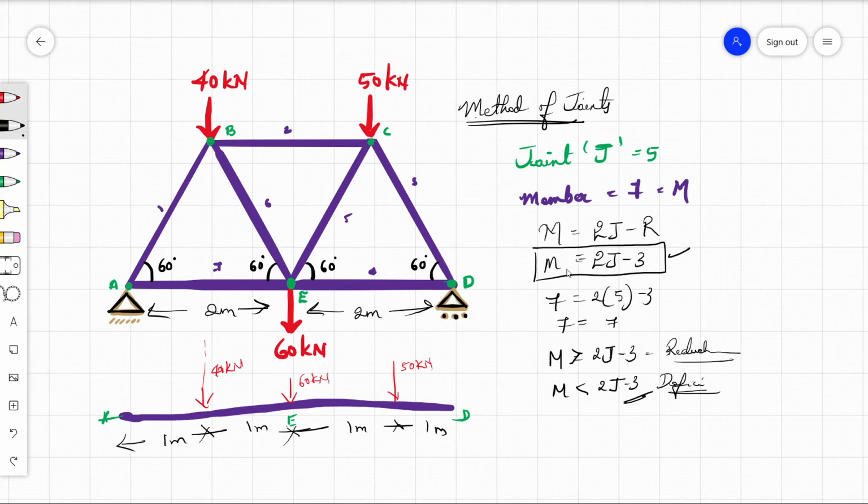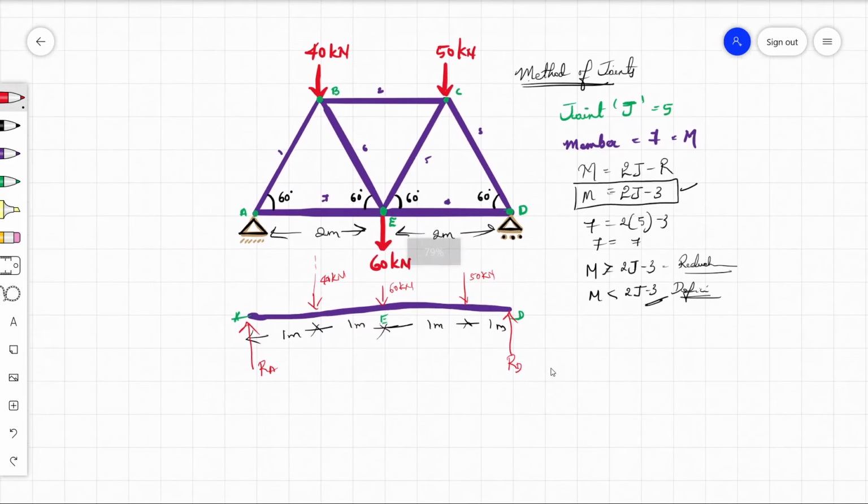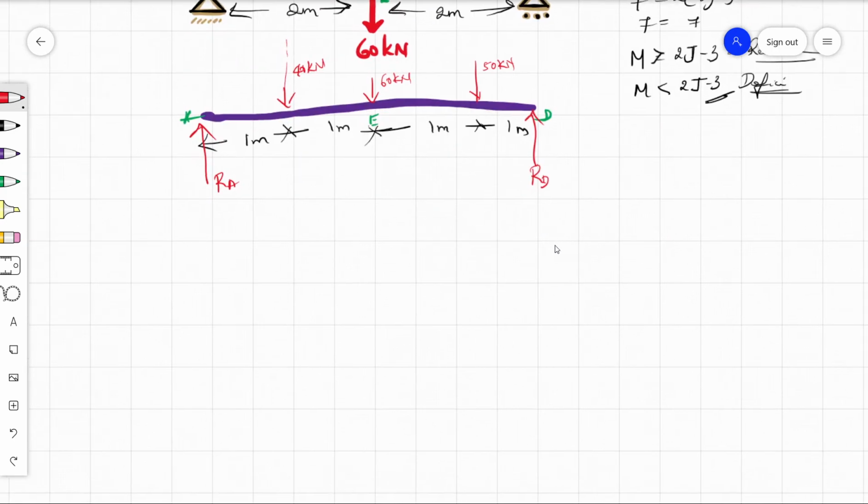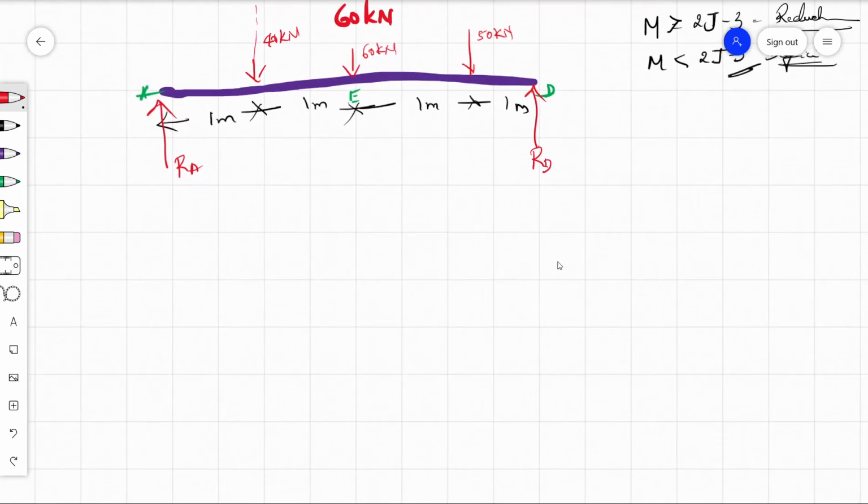And what type of reaction is governing over here? Due to the simple support, only one reaction, and the reaction at A is called RA. What is happening at D? One reaction is happening, I call it RD. So we converted this truss into a simple beam numerical actually. Does it look like a beam numerical now? Our aim is to find the reaction RA value and RD value as of now. What all the equilibrium equations do we have as such?